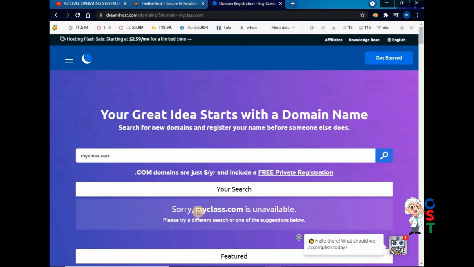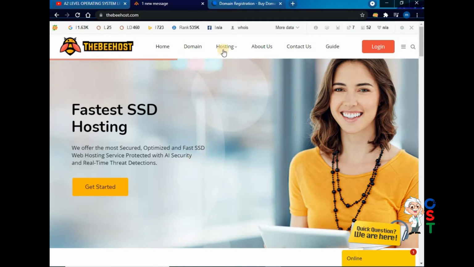Domain name should be according to the contents, the type, and the nature of your website. So it is also very important. It is just like your own name. Same like this, your website has the name, and this is the first impression which your website gets. So after this, we will see the different hosting types.